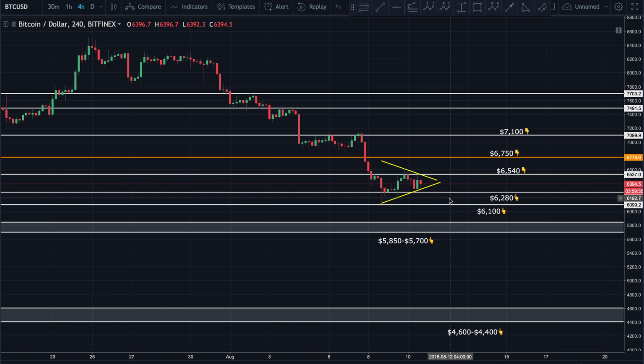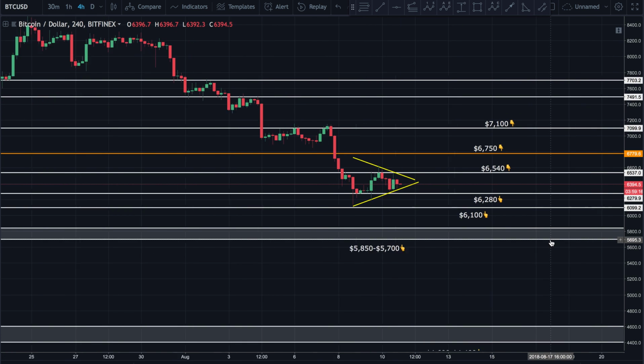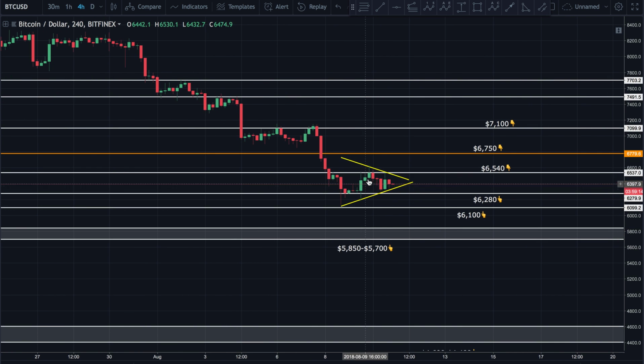As of right now, guys, my bias is possibly to the downside, although we might see a break up, create a bull trap, and only to break right back down, guys. So be very, very careful, even if this thing does end up breaking up. If price does end up breaking up, the first thing I'm going to be looking for, if I just zoom in here, is we're going to be looking at this microstructure. We're going to want to take out the prior high sitting here on Bitfinex. That's at 6623. So if we can get north of, call it 6625 is a better psychological number,